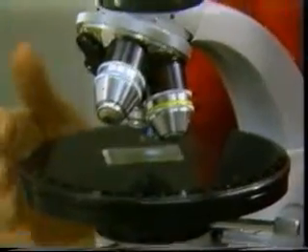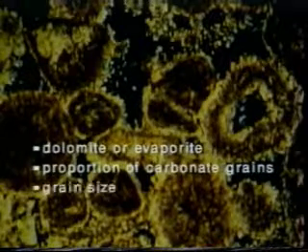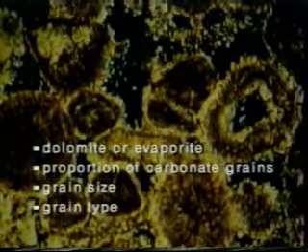Microscopic examination using thin sections if possible should include determination of any dolomite or evaporite, proportion of carbonate grains, grain size, and grain type. Common sedimentary grain types include ooids and skeletal grains that are usually found in shallow, high-energy settings, pisoliths and oncoliths, which form in lower-energy depositional settings, aggregates and lumps, which form in sandy shelf areas where